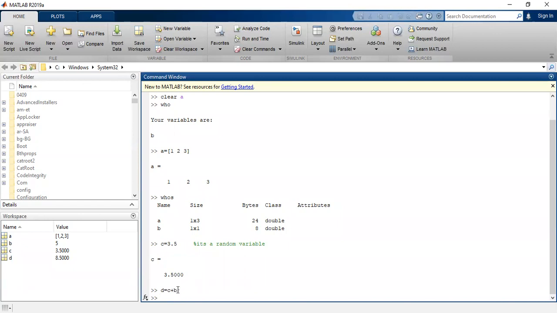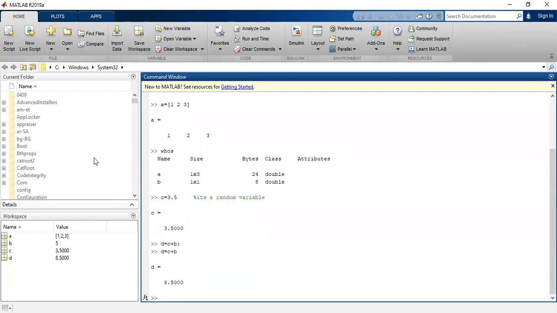So 3.5 plus B, which we had defined to be 5, is going to be 8.5, and it is stored in the variable named D. In case you want the result to be shown on the workspace itself, you type D equals C plus B, and then you can see the result on the command window.